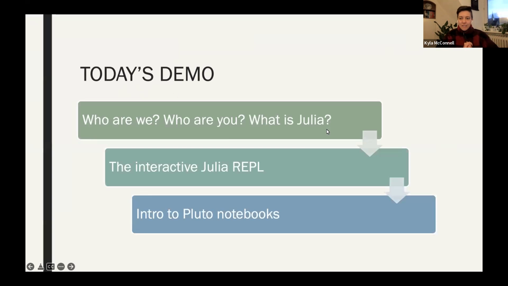So today we're going to do the very basics of Julia. We want to start with telling you about us, of course, who we are and what brought us here. We want to ask a little bit about you and just get an idea for the group and what your needs or your desires are. We want to talk about Julia as a language, why we think it's great. And then we're just going to show a few basic things about getting started with Julia, including installing it, working in the Julia console, and working in a couple of different environments with Julia.